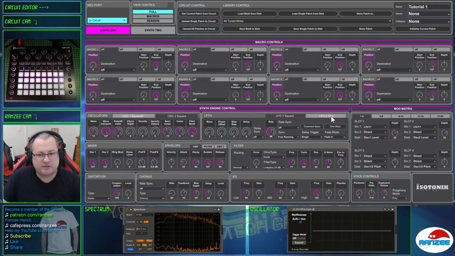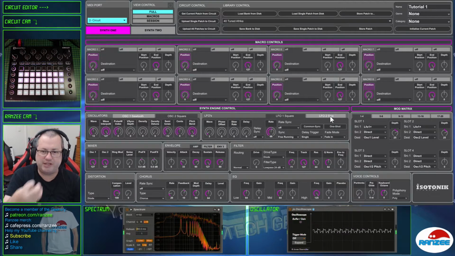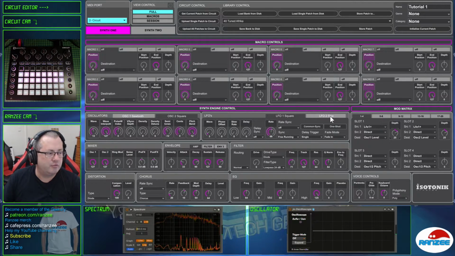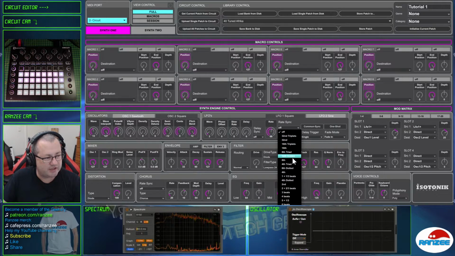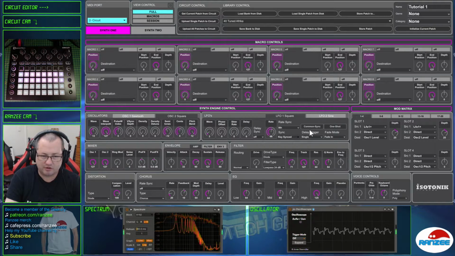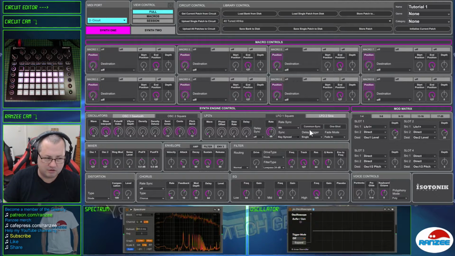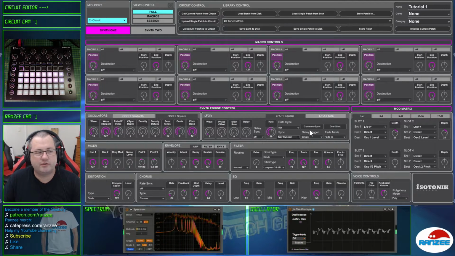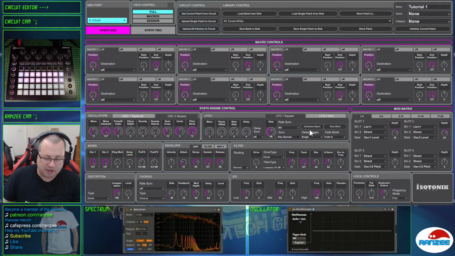Now, we've got a second oscillator. So this is actually beating, right? We want this to sync to, let's say, an eighth, and we want it to be key synced. So that should be synced to the clock now. So if your circuit has got a beat running, that'll have that pulsing sound to it. Now that's going to be really cool when we get some